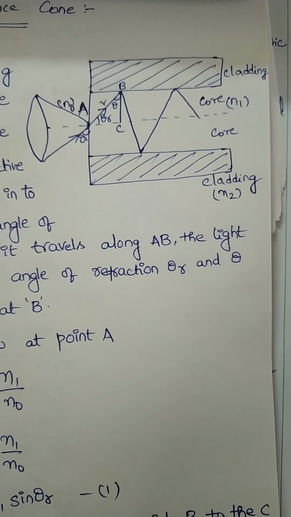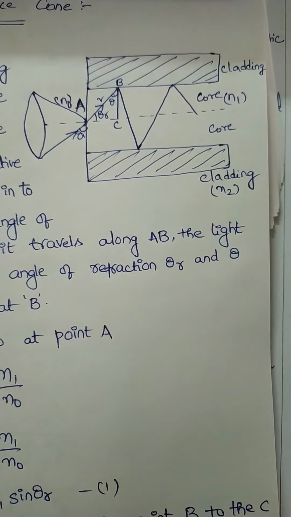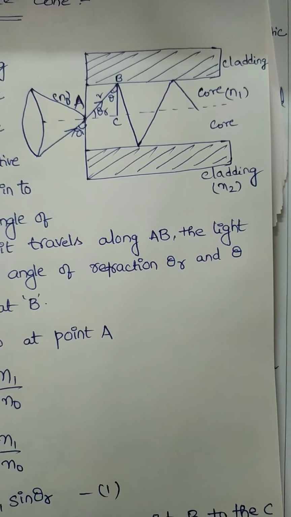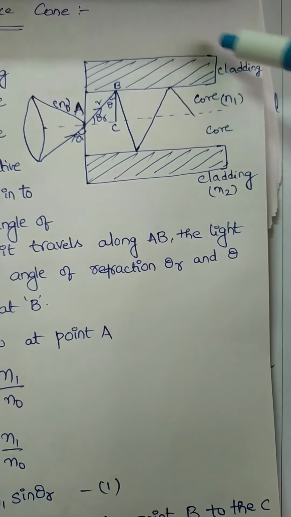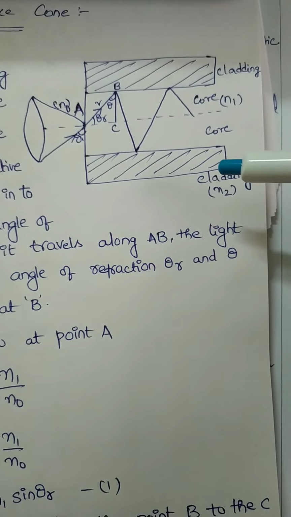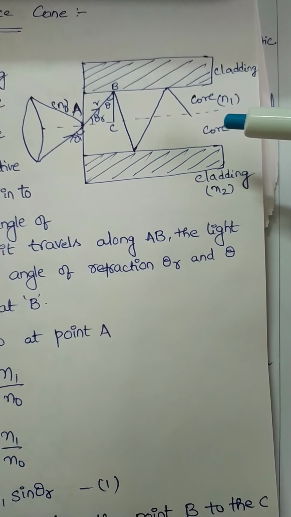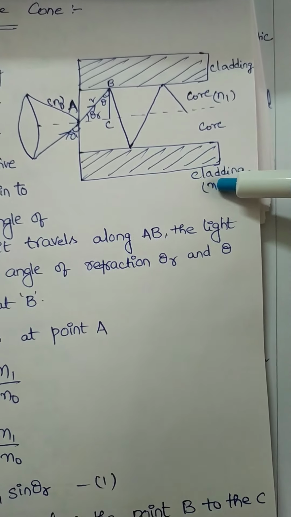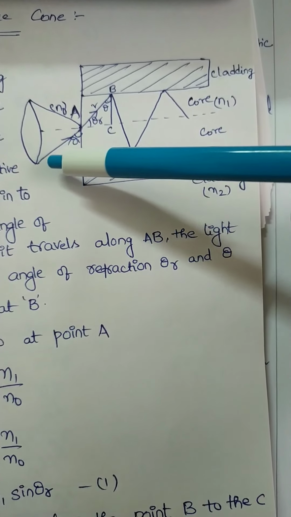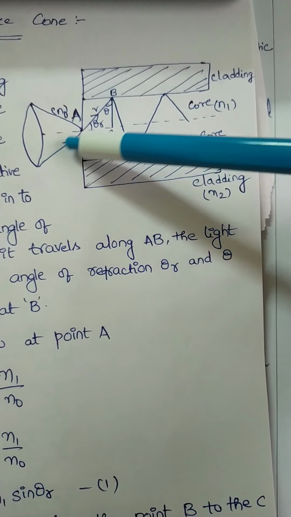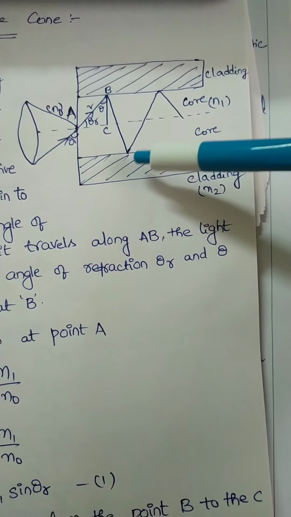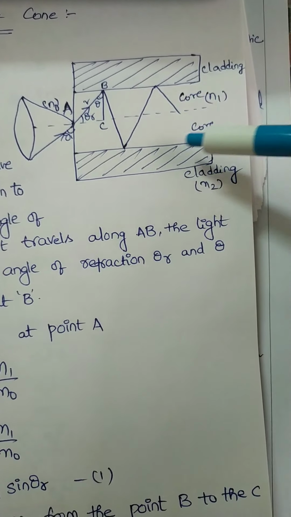Today the topic is acceptance angle, acceptance cone and numerical aperture. Consider this is one of the cross-sectional views of an optical fiber. That means an optical fiber mainly consists of the core and cladding. Here we observe that the incident light ray and refracted light ray are present only in the core,